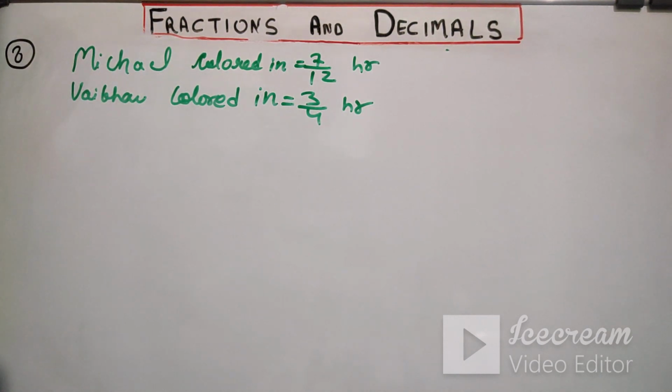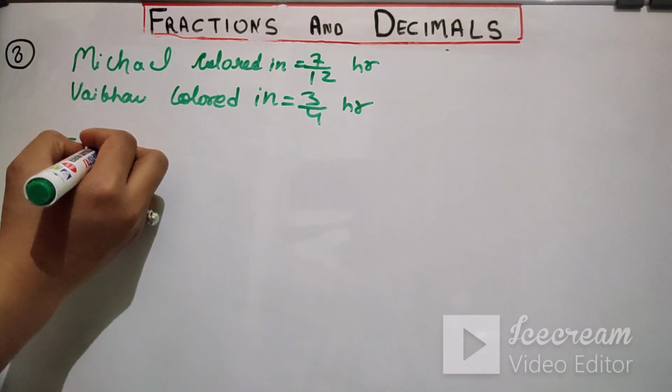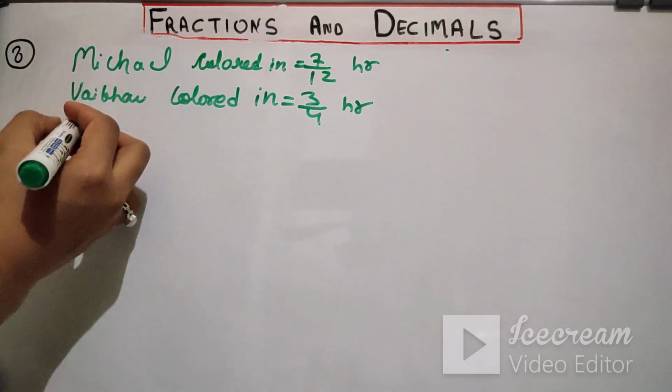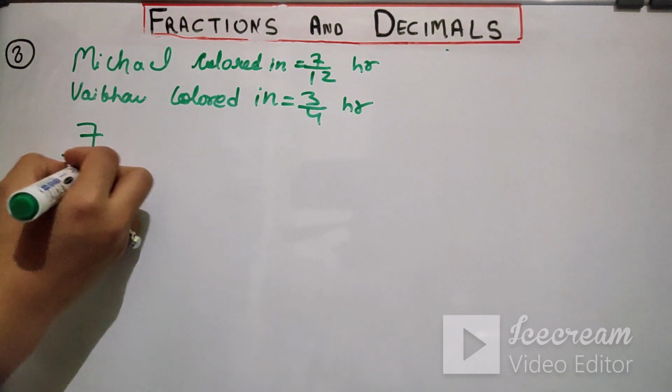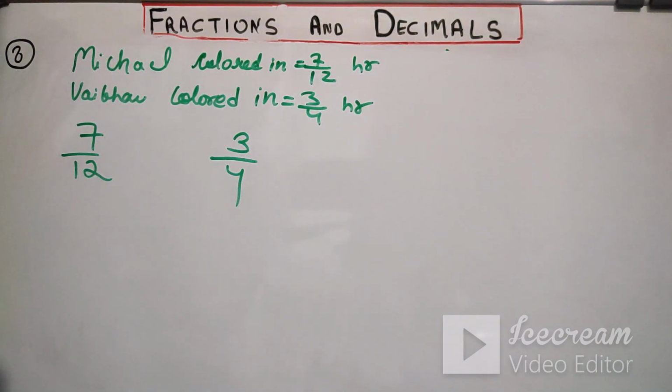ठीक है, अब बोल रहा है किसने ज़्यादा लिया. तो जब भी ज़्यादा या कम करते हैं तो हम क्या करते हैं? वी ऑलवेज फाइंड आउट द डिफरेंस. ठीक है, तो आप डिफरेंस फाइंड आउट करेंगे. जब भी आपसे ऐसा पूछा जाता है तो आप लोग पहले क्या करते हैं? किसने ज़्यादा किया. तो जब भी किसने ज़्यादा किया तो आप कंपैरिजन कर रहे हैं. तो आपको पता है जब भी आप कंपैरिजन करते हैं तो आपके पास क्या होना चाहिए? जब भी आप कंपैरिजन कर रहे हैं तो आपके जो फ्रैक्शंस हैं उनमें डिनोमिनेटर सेम होना चाहिए.